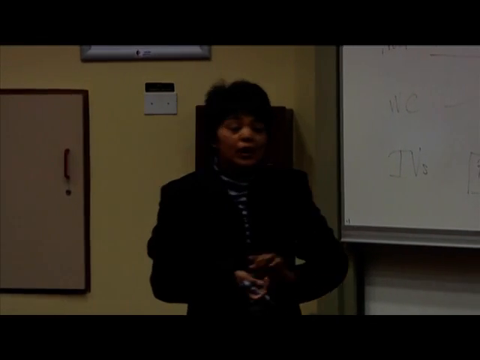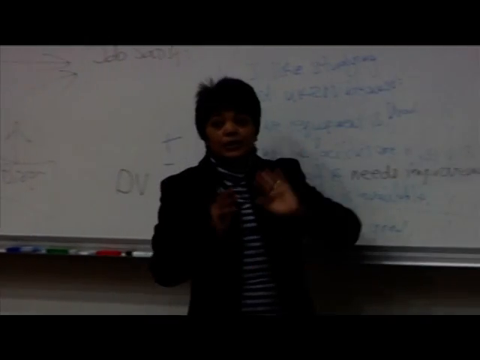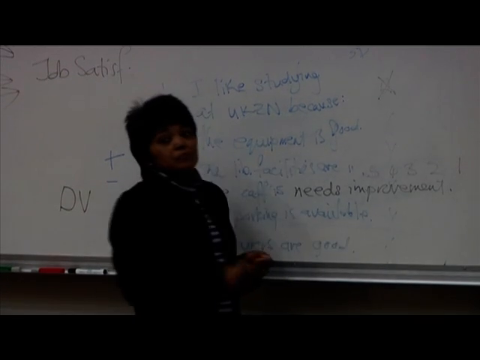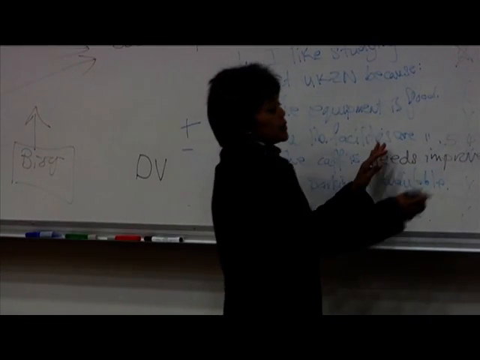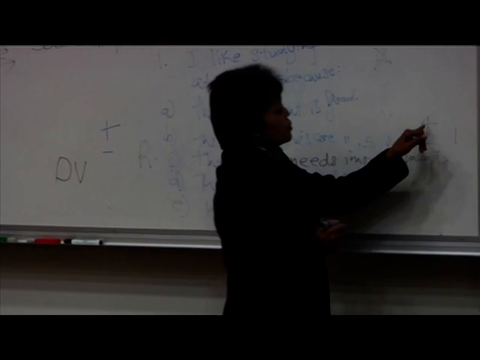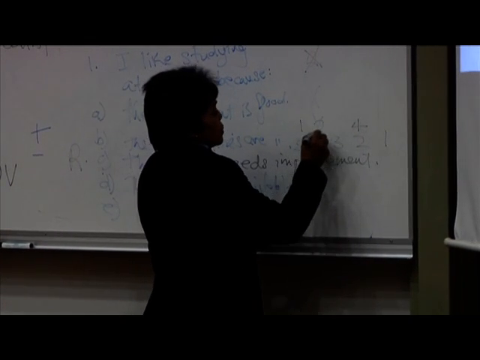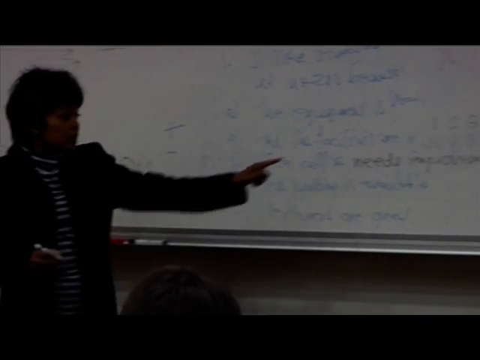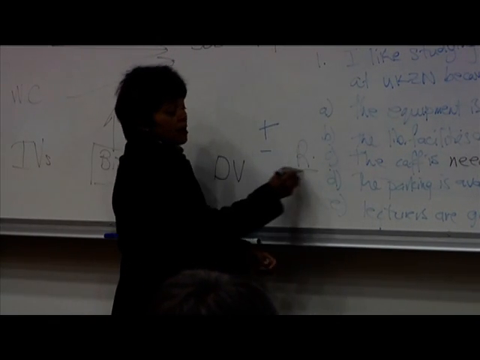Why? Because all other items were positive. You could capture it as it is. So if I put in a 2 there, you will capture me as a 2. But if I put in a 4 here, you will convert that. Remember that 1, 2, 3, 4, 5 point scale? You will convert that because it's a negative question. It's an odd question.